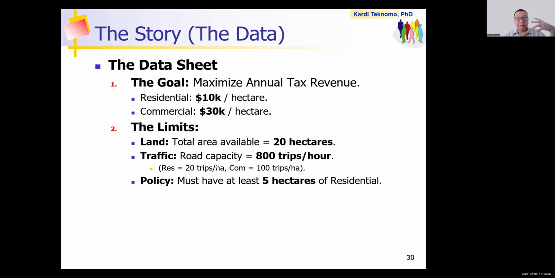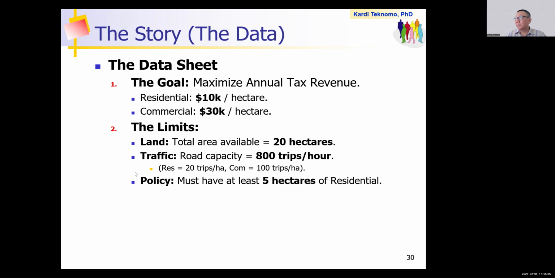But you have certain constraints. First, the land constraint, because the total area available is limited to just 20 hectares. Then the traffic constraint: based on road capacity, you have about 800 trips per hour. If you build residential, you add 20 trips per hectare; if you build commercial, you add 100 trips per hectare.